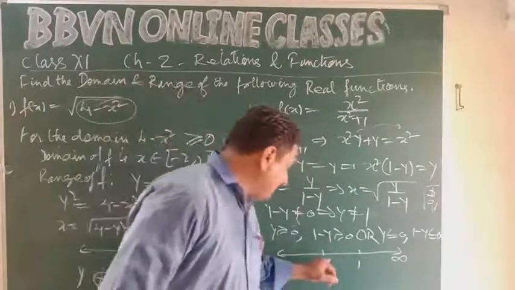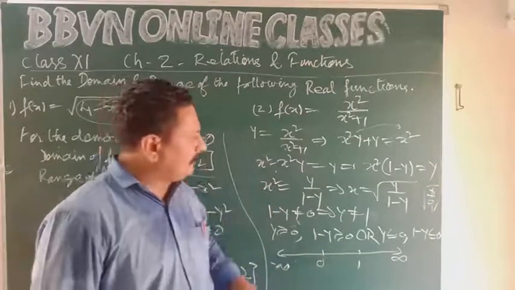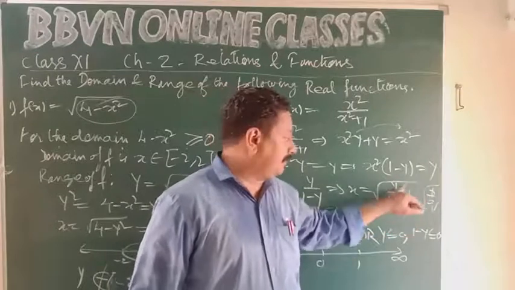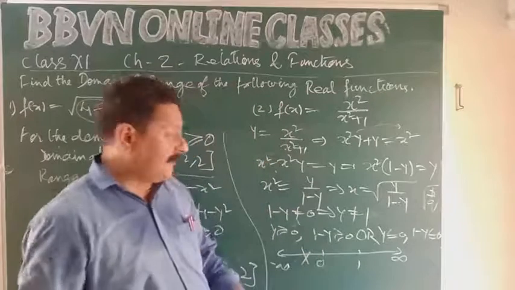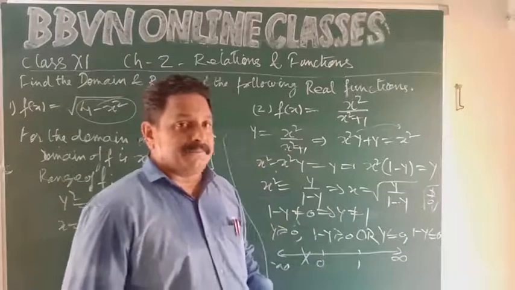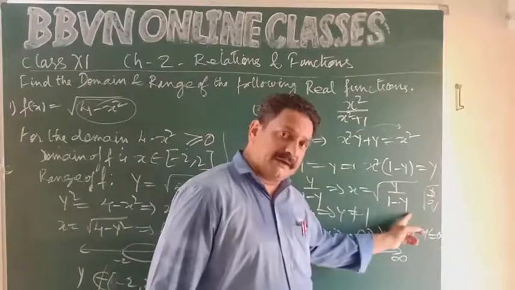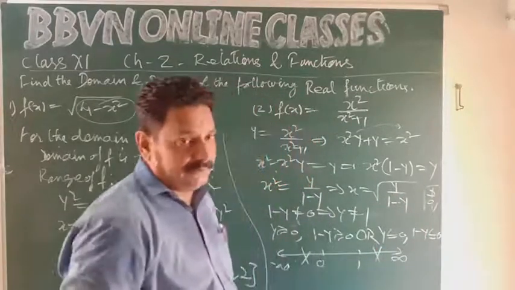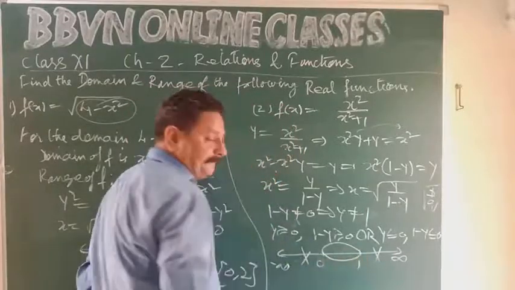Now if I consider any value of y that is less than 0, say for example minus 1, numerator negative, denominator becomes positive. Negative upon positive, negative, not acceptable. If I consider any value of y that is more than 1, say for example 2, numerator positive, denominator negative, positive upon negative, negative, not considered, real नहीं होगा. तो क्या समझ में आया? It will be between 0 and 1.